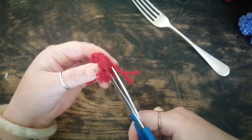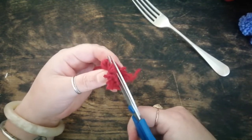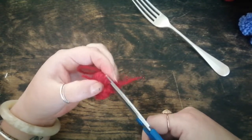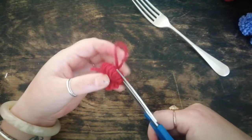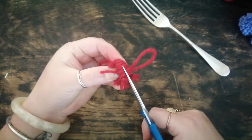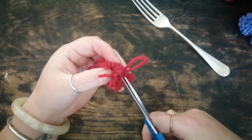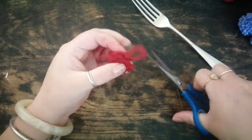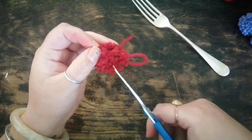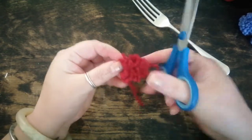So keep your fingers out the way, and I like to do just a few at a time, and always try and keep your scissors in the middle. Okay, and then once you've done one side, you can come round to the other side. This is why you need some sharp scissors. Okay, and once you think you've done them all, which I think I missed some there. Maybe some of them are quite easy to miss because they're a little bit smaller,